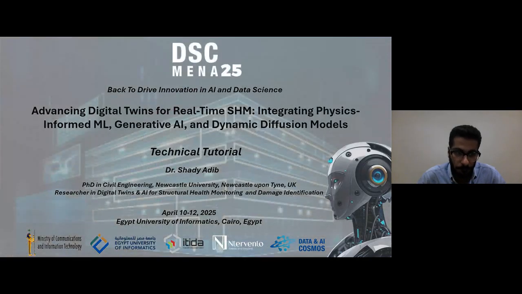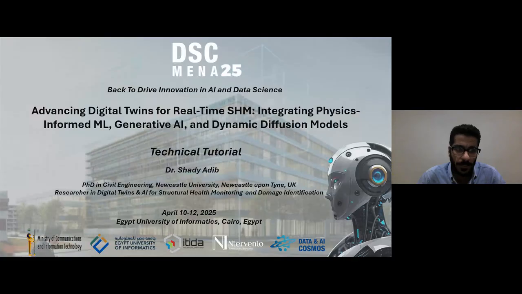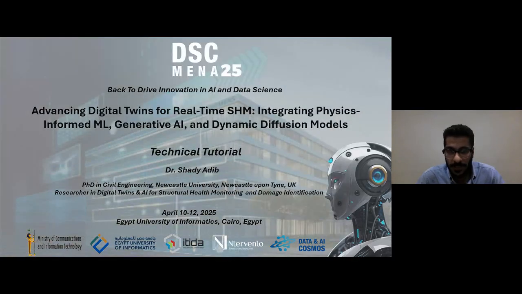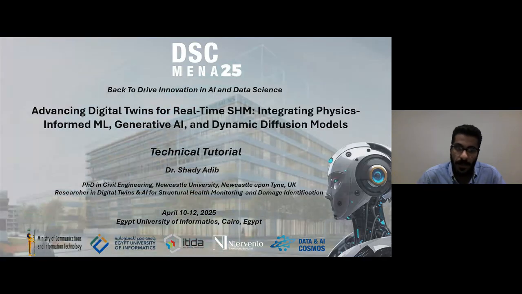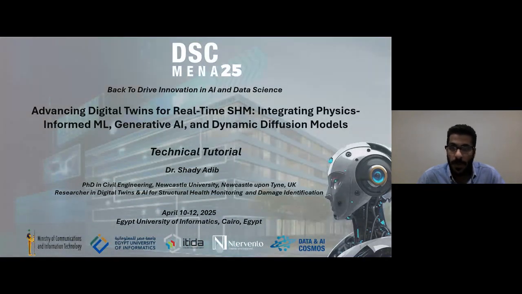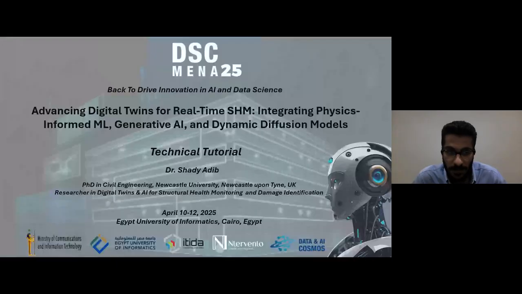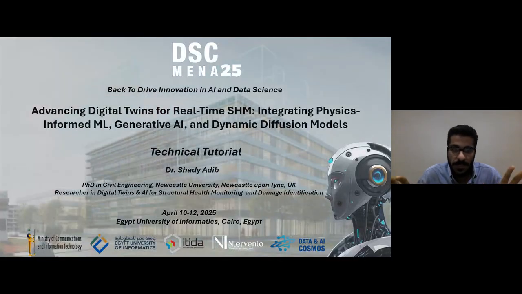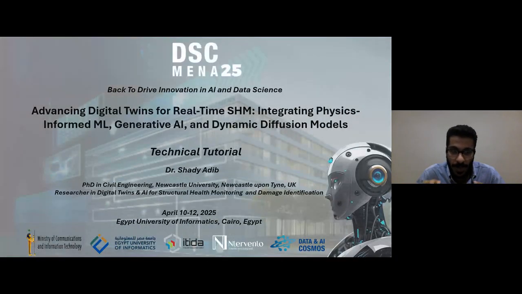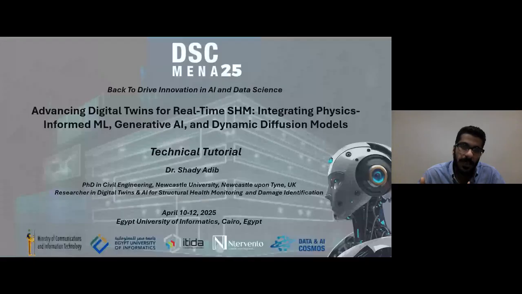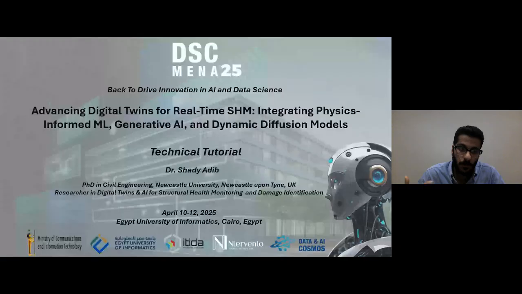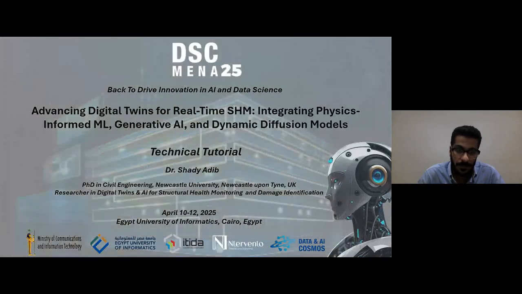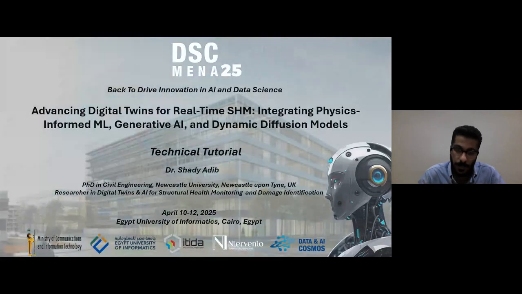We will explore how to advance them by integrating cutting-edge tools like physics-informed machine learning, generative AI, and dynamic diffusion models. My personal hope is that by the end of this session, you will have not only a clear understanding of the theoretical background of digital twins, but also the practical tools and insight to begin applying these methods in your own research or industry.